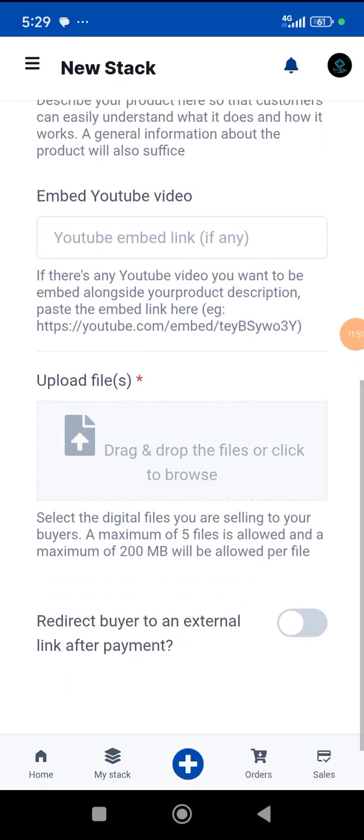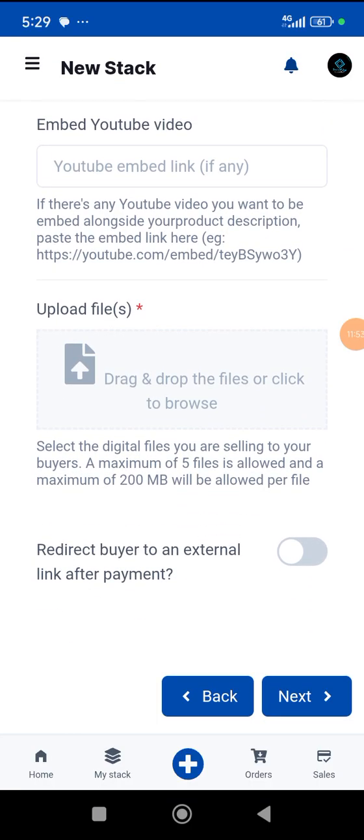Okay, now let's proceed. Now upload a file. This is also very important. This is where you upload the file, the ebook itself, so once people buy, it will be sent. So like I told you, I want to show you how to automate this so that you don't bother yourself with sending or copying and sending links.